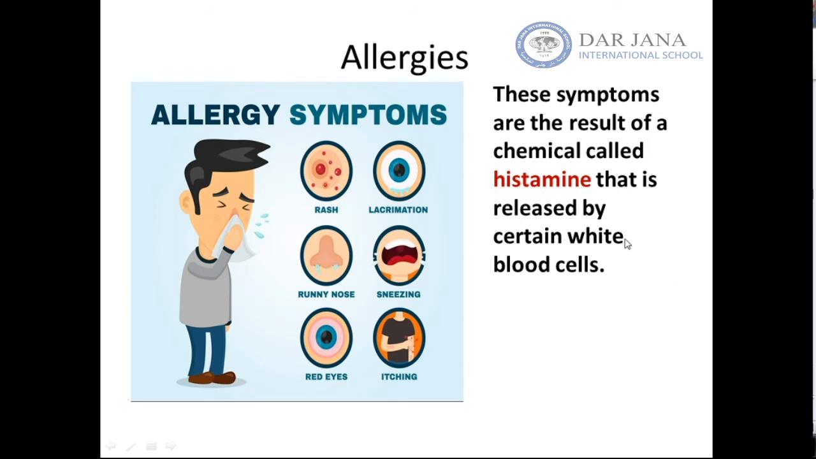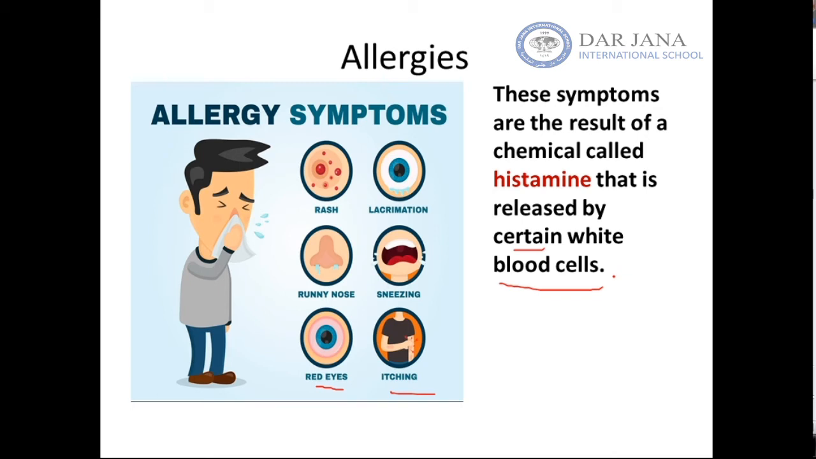So allergy symptoms can be rash, red pimples on the skin, sneezing, runny nose, red eyes, itching, and tears coming out from the eyes. These symptoms are the result of a chemical called histamine that is released by certain white blood cells. So, in allergic people, when they get exposed to allergens, common substances like pollen, like dust, etc., their body releases